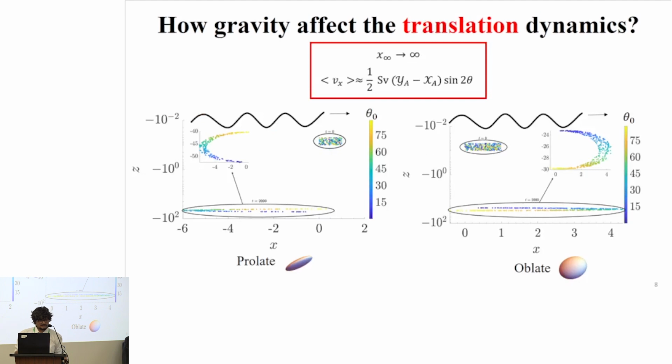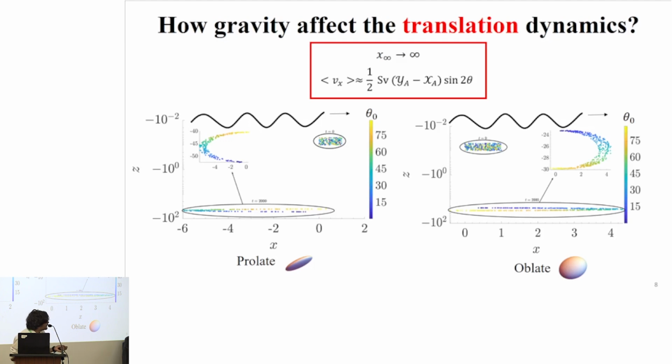Now, since the translation and orientation are a coupled problem, by using the regular perturbation technique, we study the horizontal translation motion, and we found that at infinite times, the horizontal translation motion is unbounded, which means that the particle keeps translating in the horizontal direction. Then we found the wave-averaged horizontal velocity, and at a leading order, it depends on the settling number, shape anisotropy of the particle, and the orientation of a particle. To show how they are coupled, one way is to calculate the trajectory of a particle, because it depends on the orientation and the translation.